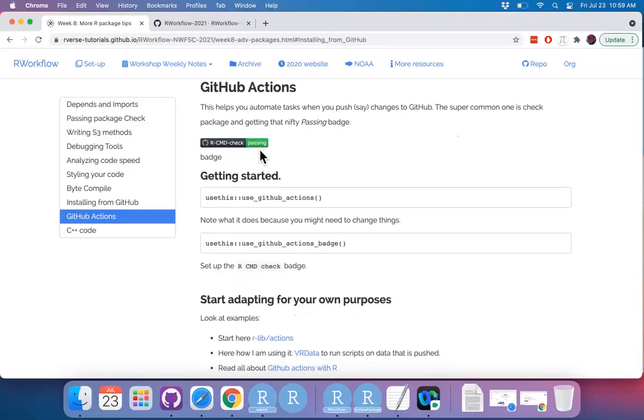That's one simple example. I'm going to give you a bunch of other examples of things that you can do with GitHub Actions. Getting started, I find to use this package really easy. So use this command and then read about what it says, or just do question mark, use GitHub Actions and read about what it's going to do. And play around with it on a